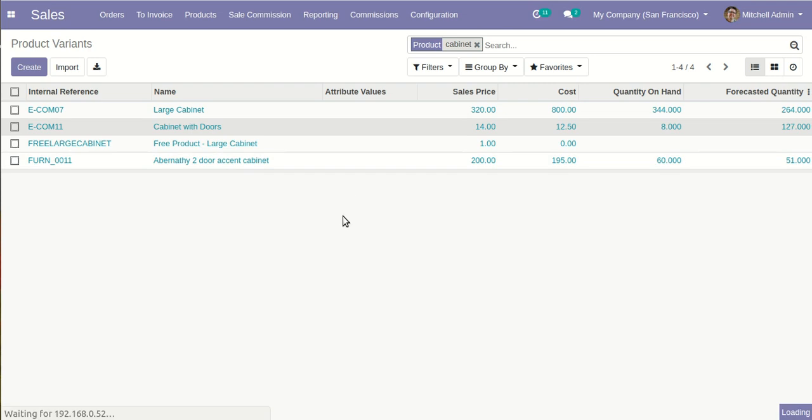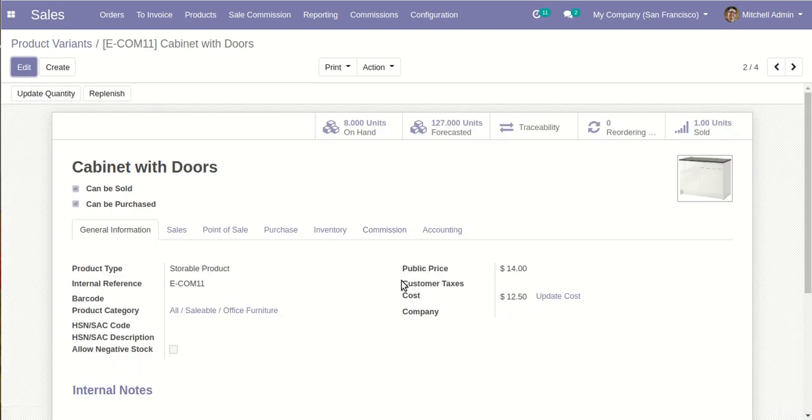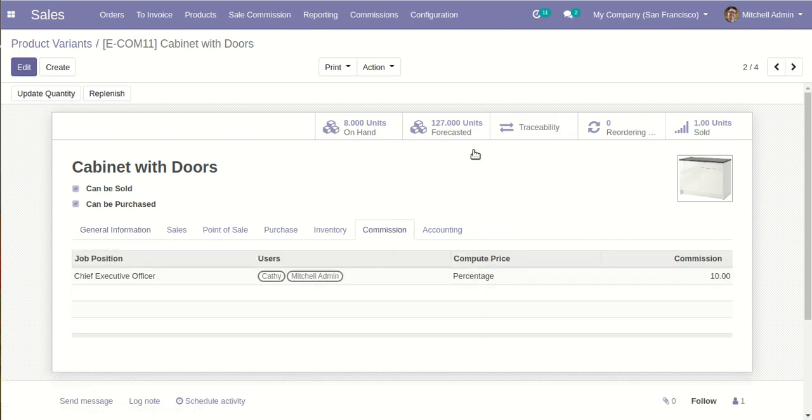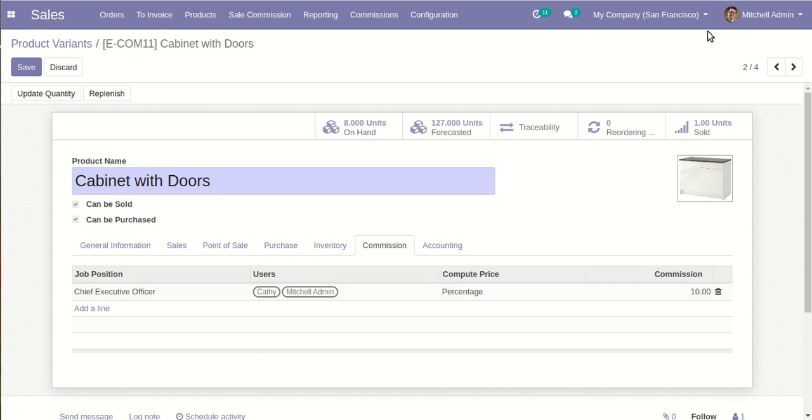Here you will see the commission tab. In this commission tab we have defined the administrator user role and also Kathy employee, and the related job position is selected over here, and here the price computation will be defined.